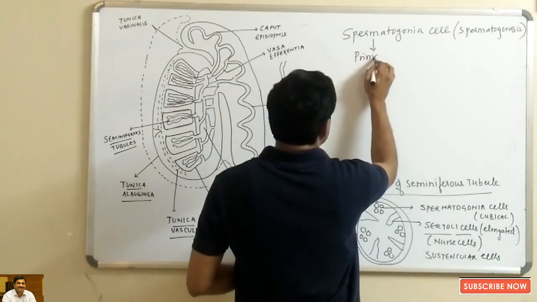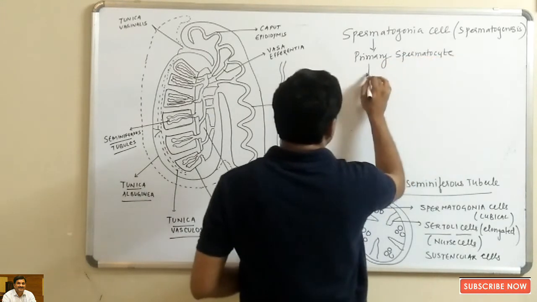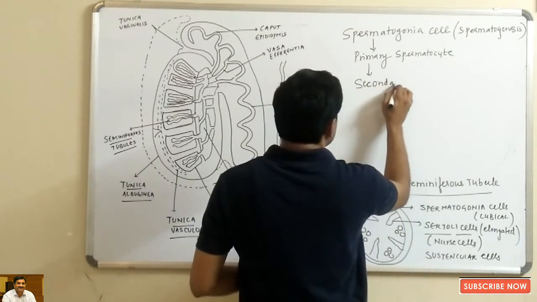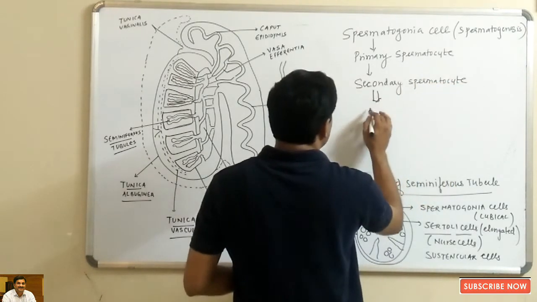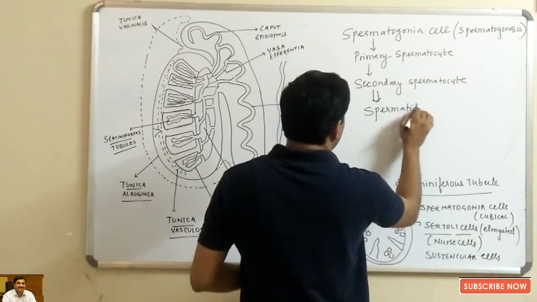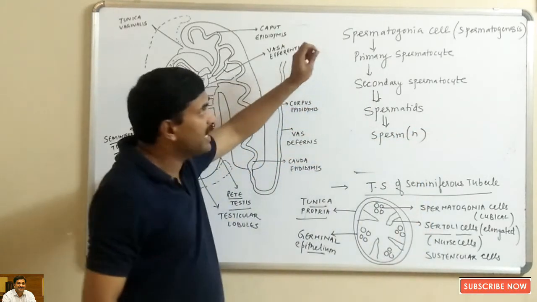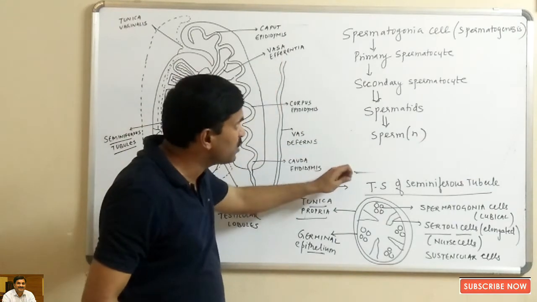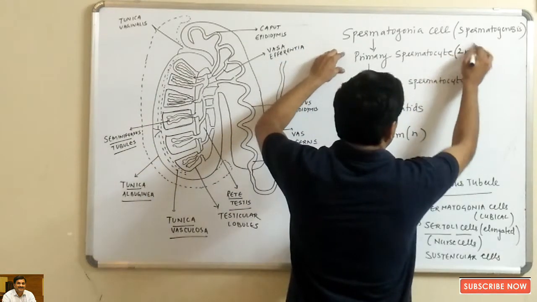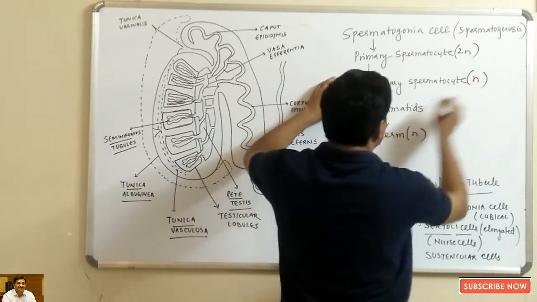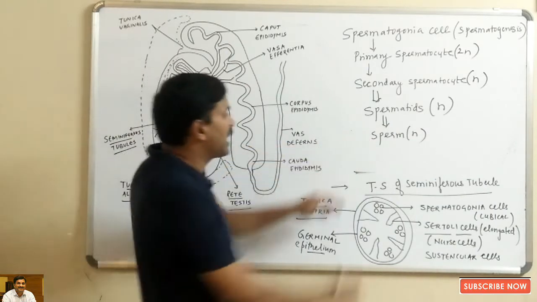First of all, the spermatogonia cells in the testes convert into primary spermatocyte, then into secondary spermatocyte, and from the secondary spermatocyte spermatids are formed, and ultimately spermatids are converted into sperm. Altogether, the primary spermatocyte is diploid, the secondary spermatocyte is haploid, the spermatids are haploid, and they are converted into haploid sperms,